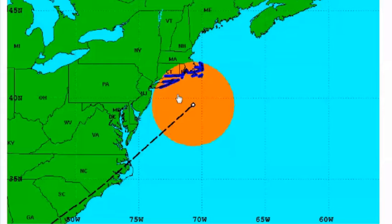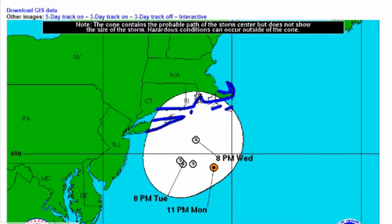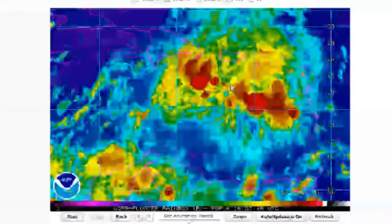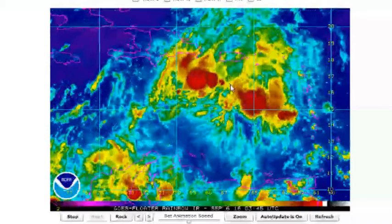So we're watching that very, very closely as we go through tonight, tomorrow, and of course going through Wednesday as well. So we'll definitely keep you up to date on that as it happens. And of course, in terms of 92L, we'll also keep you informed on what's going on with this system. I just want to also point out with 92L,